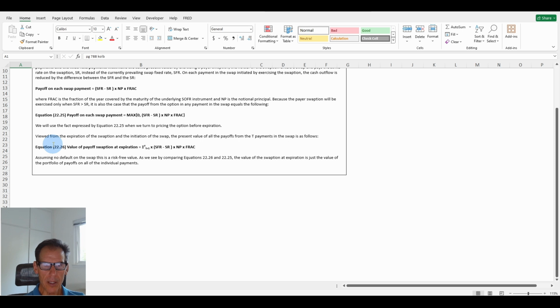Viewed from the expiration of the swaption and the initiation of the swap, the present value of all the payoffs from the T payments in the swap is as follows. The summation of SFR minus SR times NP times FRAC. Assuming no default on the swap, this is a risk-free value. As we will see by comparing equation 22.26 and 22.25, the value of the swaption at expiration is just the value of the portfolio of payoffs on all of the